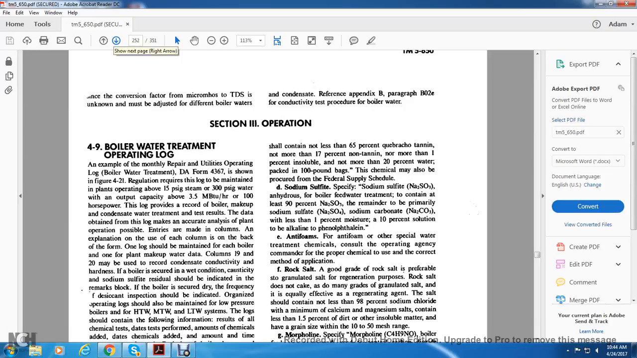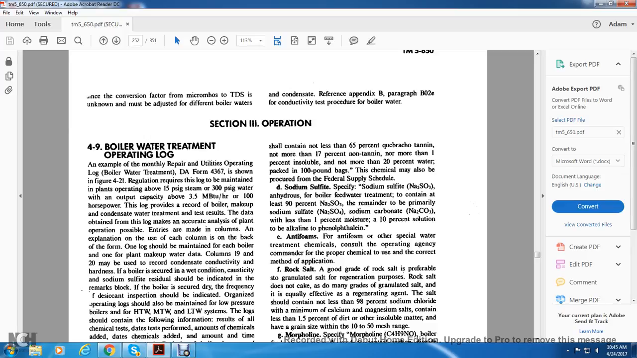6-3. Operation 49: Boiler Water Treatment Operation Log. An example of the monthly boiler water operation log, DA Form 4367, is shown in Figure 4-21. Regulations require this log to be maintained for plants operating with a 15 psi steam gauge and 300 psi water gauge, with an output capacity of 3.5 million BTUs an hour,